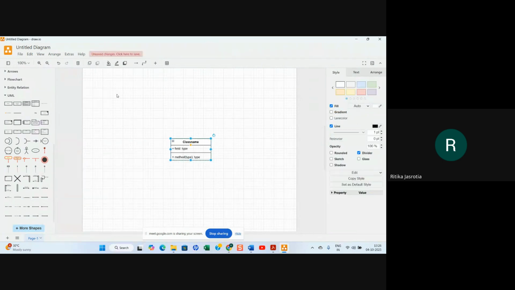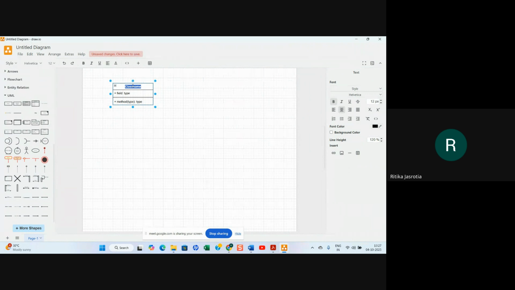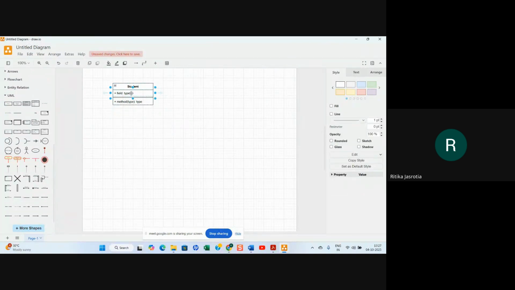This is a class. If you want to make a class, this is how it will be done. You can put a class name. Here you will put the attribute. Here you will put the method. And then you can create another class also, and put a name to the class. It's freely available.